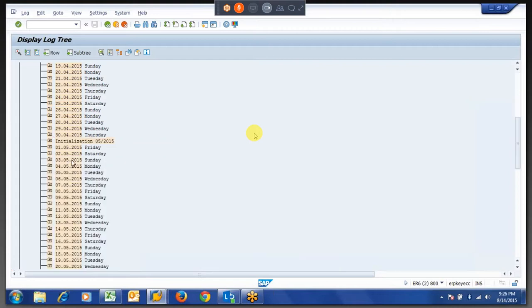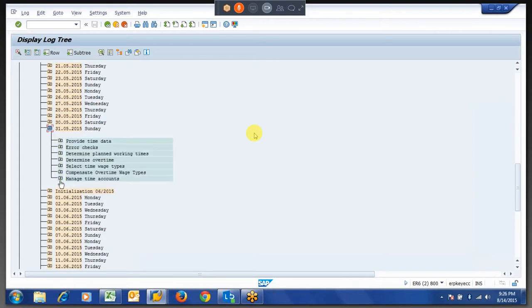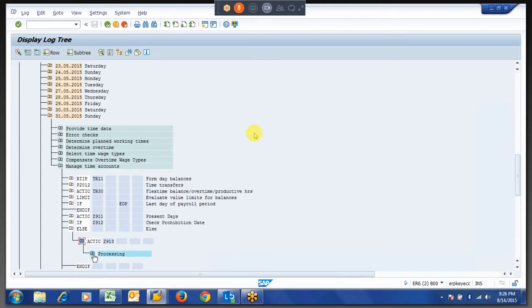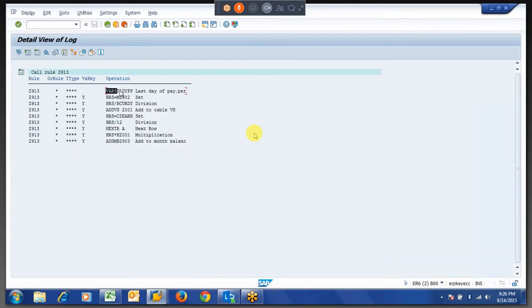So let us say in next month what will happen? The same logic. If it is again false, then it is going to else. Again, our rule is reading like this and pushing whatever the 2.5 generated for this to the same time type in month balance table.